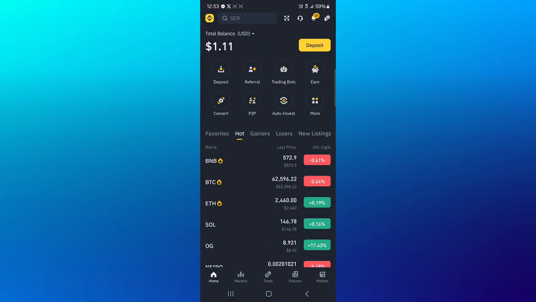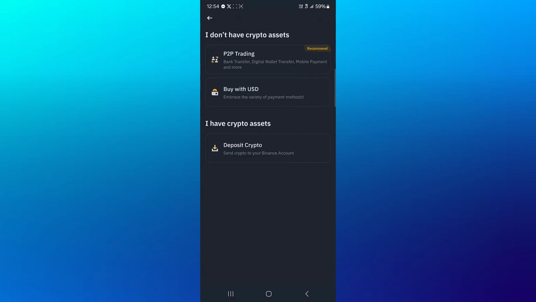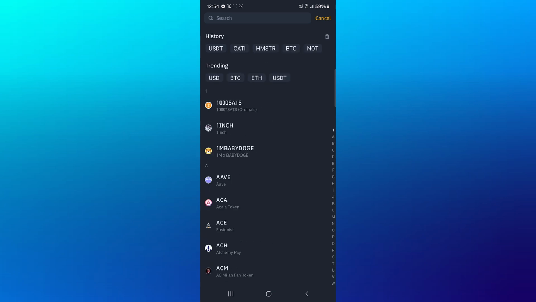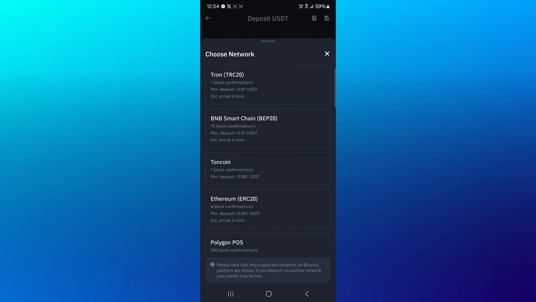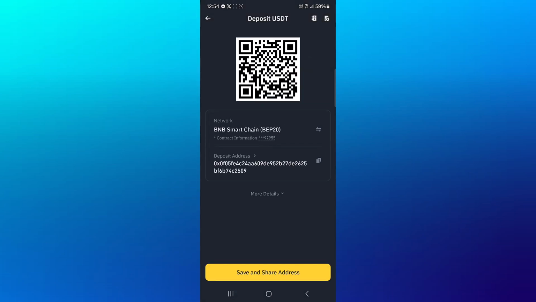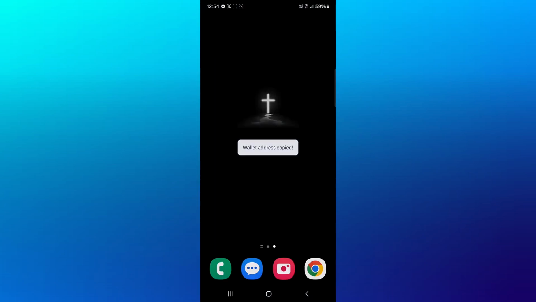Once Binance has opened up, simply click on the deposit icon you find on the home screen. Click on deposit crypto and then select USDT. And remember, we're receiving on the BNB Smart Chain, so click on this, copy your address, minimize, and then open